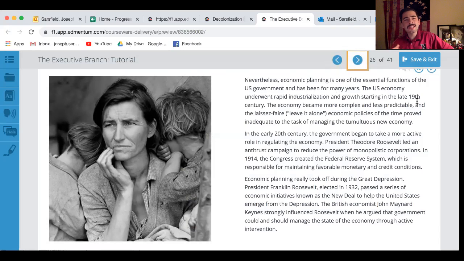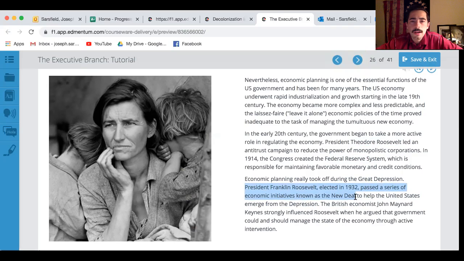So in the late 1800s, 1900s, laissez-faire economics really wasn't working out. There were a lot of people taking advantage and making a lot of money in America, which was good for those people making money, but bad for the majority of citizens. So between Teddy Roosevelt breaking those monopolies, trust busting, creating the Federal Reserve System, and then FDR with all of his New Deal programs to get America back on their feet during the Depression, and then even into the 60s with LBJ and all of his programs, Medicare, Medicaid,